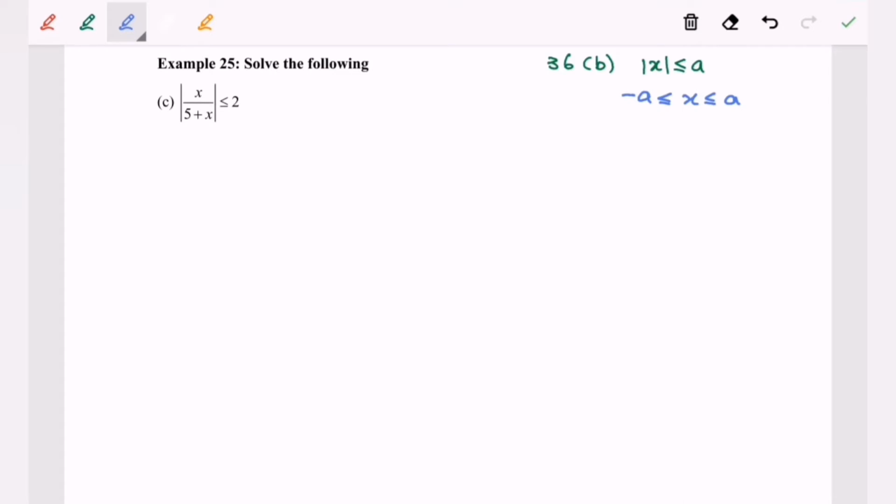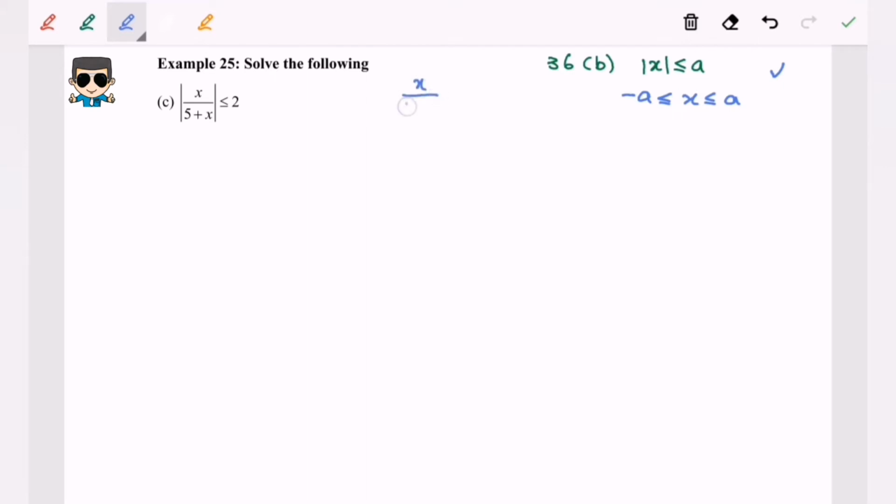Hello everyone, so now I'm going to discuss example 25C. Based on the definition stated in 36b, the modulus of x less than or equal to a can be defined as x is greater than or equal to negative a and less than or equal to a. So refer to question 25C. We will have